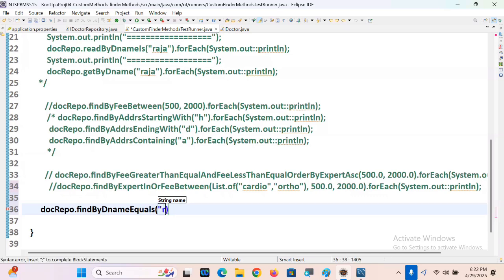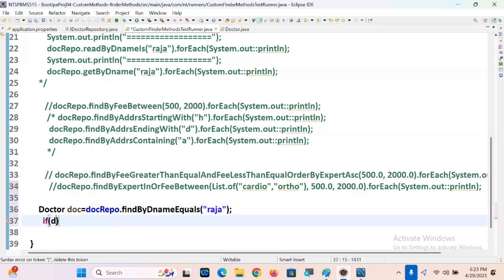What is there? Raja. docRepo.findByDnameEquals. You are going to get a single record. What is there? Doctor doc;